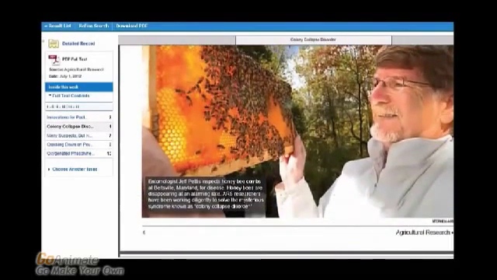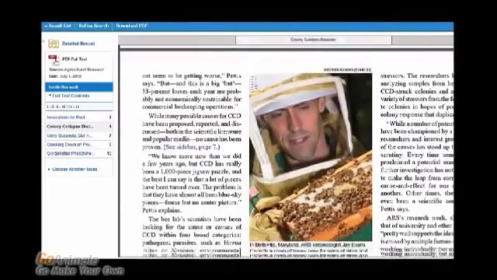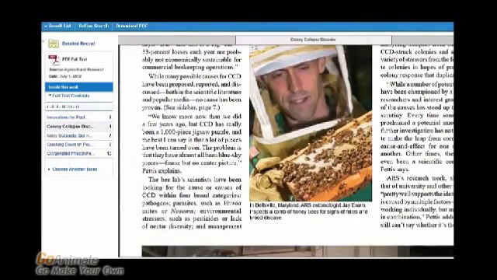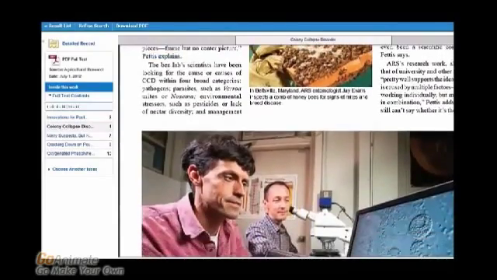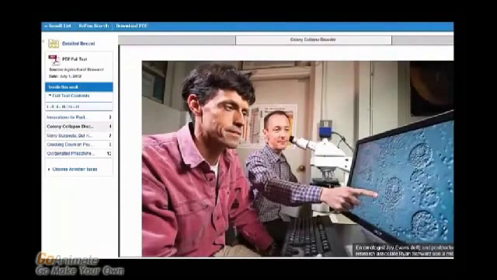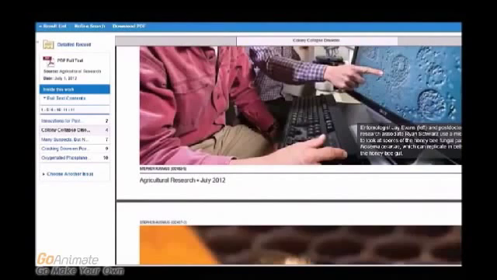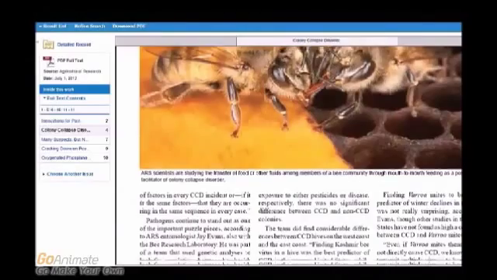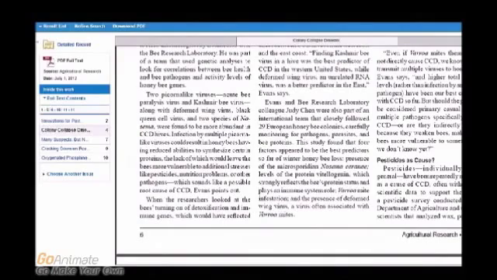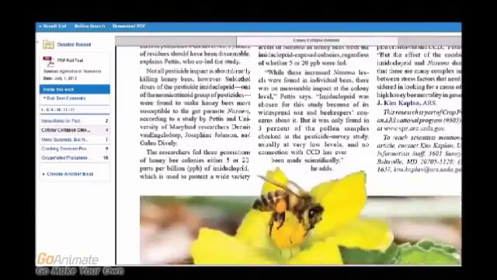There is a beekeeper who is studying bees for any type of disease that may be happening to them. We have another beekeeper, Jay Evans. He's looking at the honeycomb for bees, any signs of mites that could be in the hive. And there's two more beekeepers. They're looking for spores that could be causing the colony collapse. And those are bees inside the hive. And you see over here is even some pesticide, a cause for the colony collapse disorder. Okay, if you think this is what you need, you could print it out